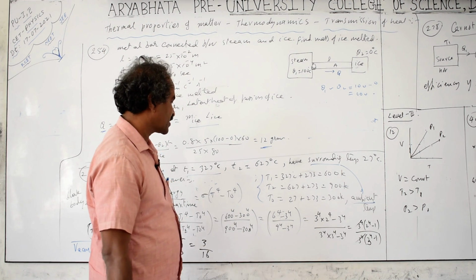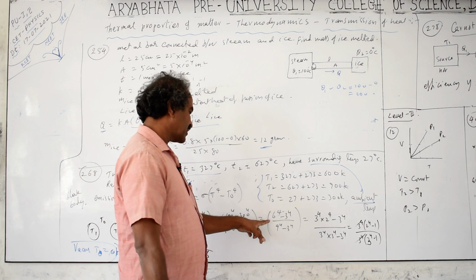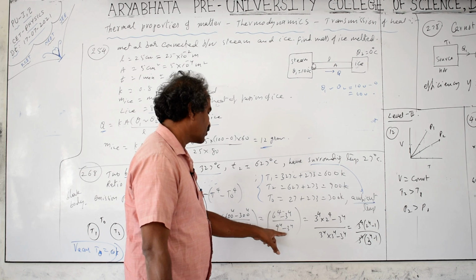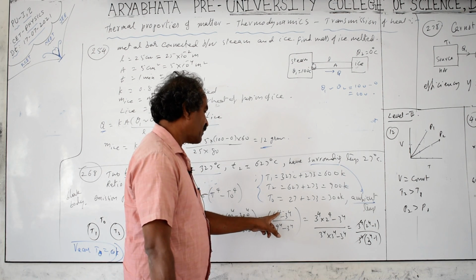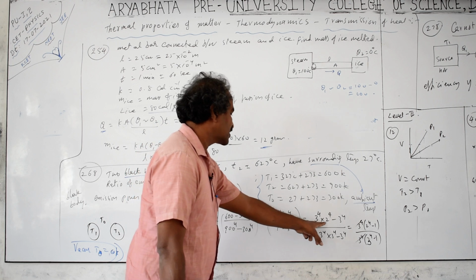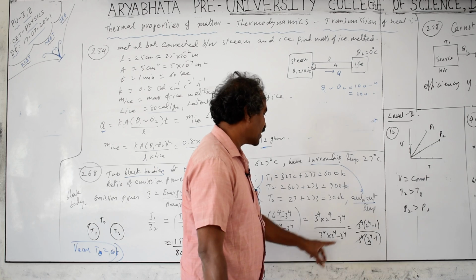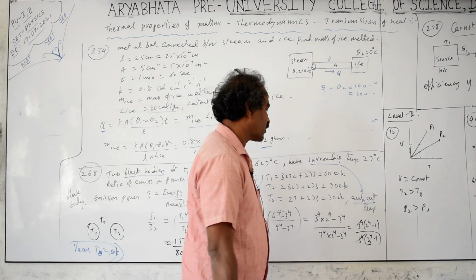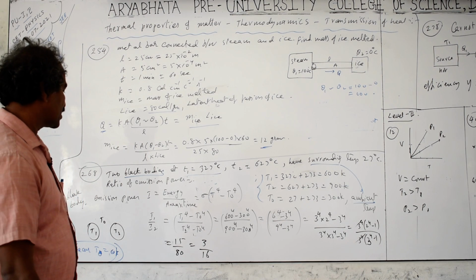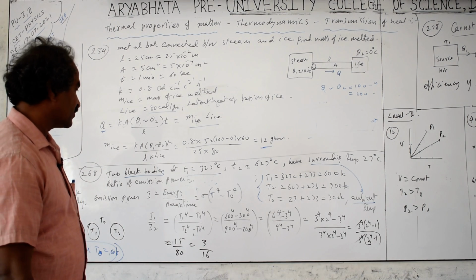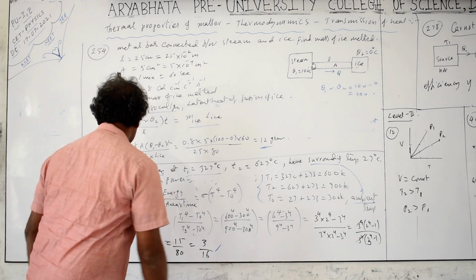Just take only the numbers other than zeros. If zeros are there, that will be given like that only. So 6 to the power of 4 minus 3 to the power of 4 by 9 to the power of 4 minus 3 to the power of 4. You can calculate this separately, or take 3 to the power of 4 common out from the numerator and denominator. The result is 2 to the power of 4 minus 1 by 3 to the power of 4 minus 1. 2 to the power of 4 is 16, minus 1 is 15. 3 to the power of 4 is 81, minus 1 is 80. The ratio becomes equal to 3 by 16.